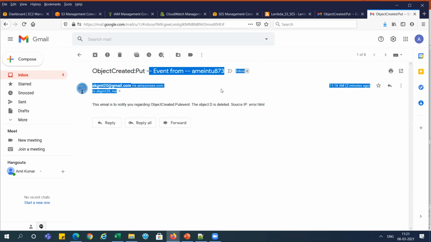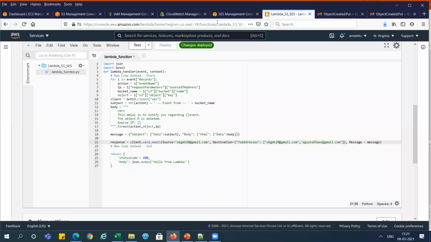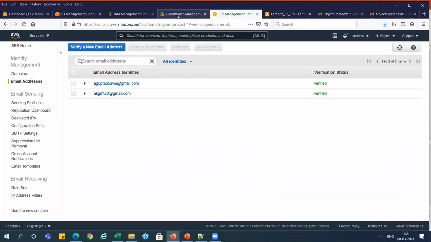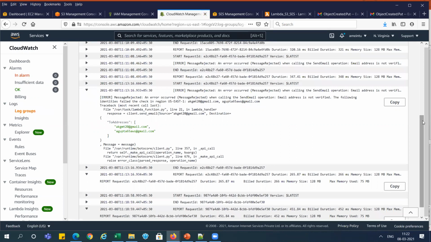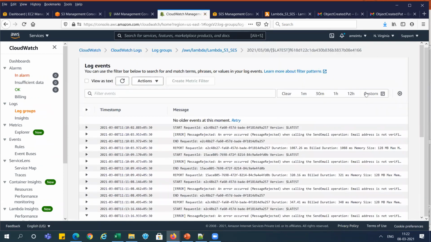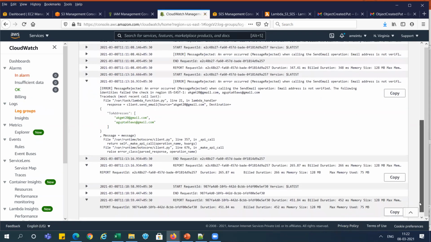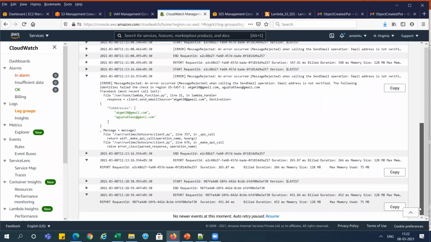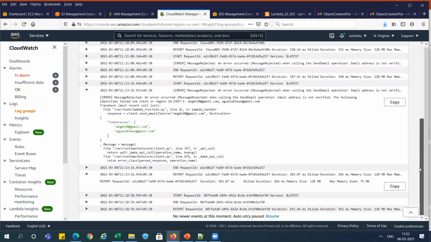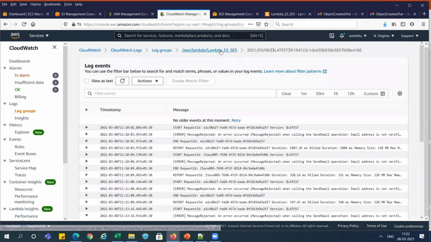So when we added the object, we got that message. Actually, we have not deleted the older messages in the cloud, so it is not identified here which one is correct. I think the last one we are getting is the correct one. You can see here this request we are getting. Let me refresh it again. Now, fine.